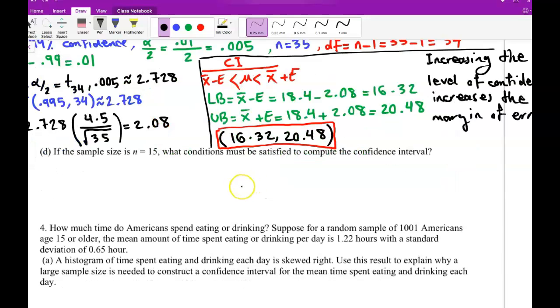Okay, now part D, if the sample size is 15, what conditions must be satisfied to compute the confidence interval? Remember from the first page, to have this one normally distributed, I should have the sample size greater than 30, but this one is less than 30. So based on that,